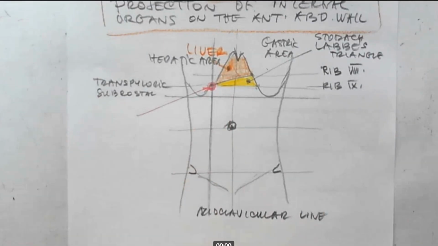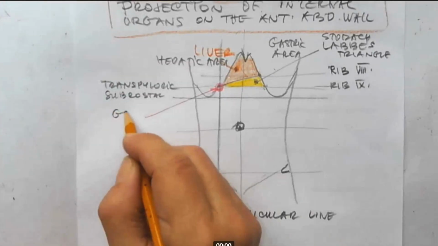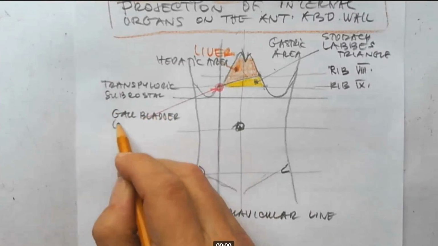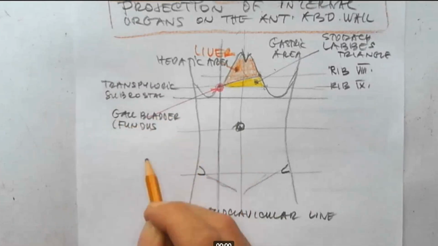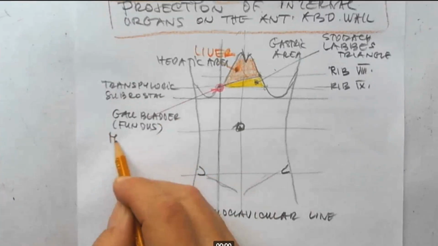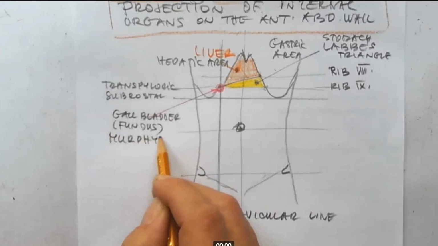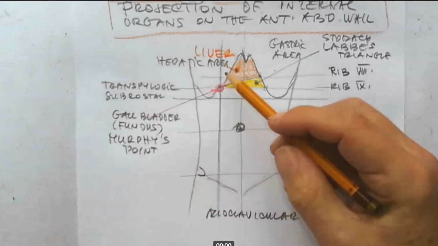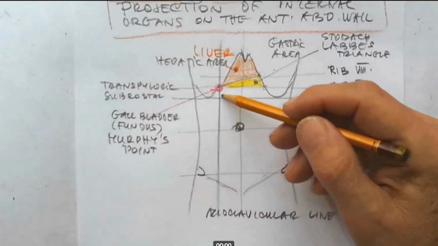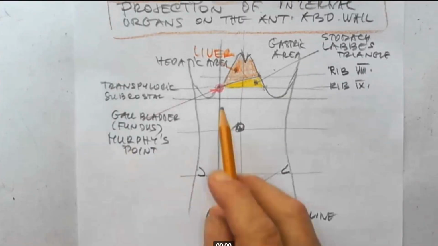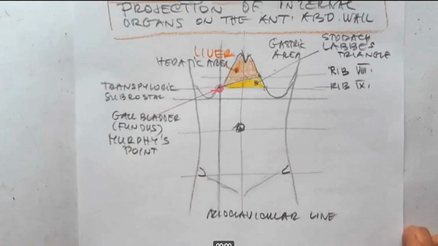We call it the fundus of gallbladder, or we could say the fundus of gallbladder is called Murphy's point. Murphy's point indicates that at the point where the mid-clavicular line meets the cartilage of rib number 9, we can expect and palpate also the